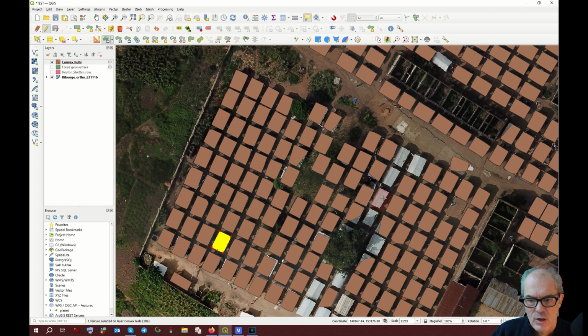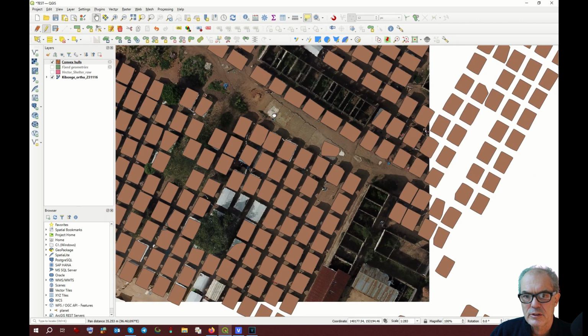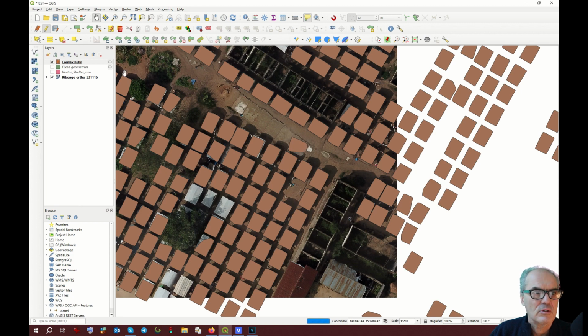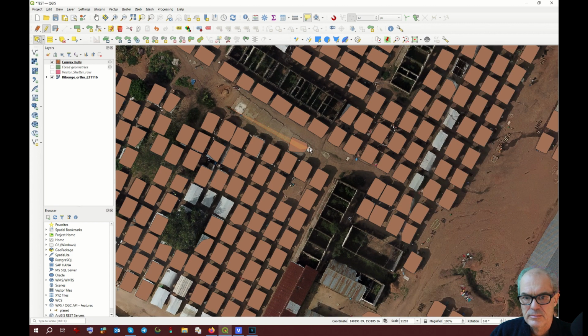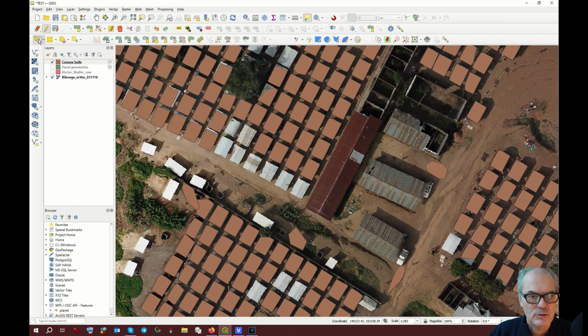Like that. Where you have badly shaped shelters, you could rebuild them and so on. For example, those shelters are not well done, so I delete them. This also is not well done, I delete it. Okay, and you go on. Of course, you have also some shelters that are actually not shelters. For example, this is one. I don't know what it is, just let's delete it. Here we have some mistakes, and definitely those are not shelters,